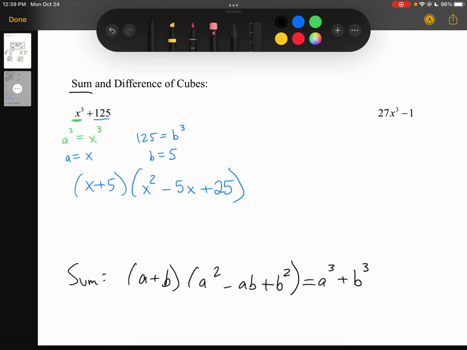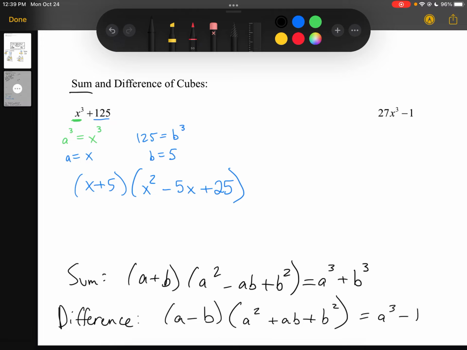Now for the difference of cubes, we have a slightly different formula, but we follow the same concept. So now we do a minus b out front, and then on the inside we have a squared plus ab plus b squared this time. So two minor sign changes to this, and that gets